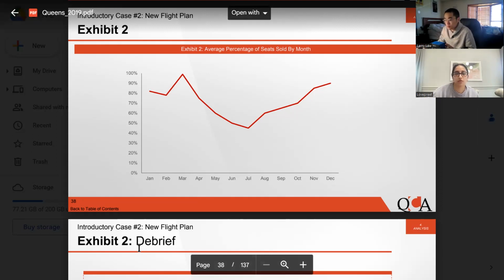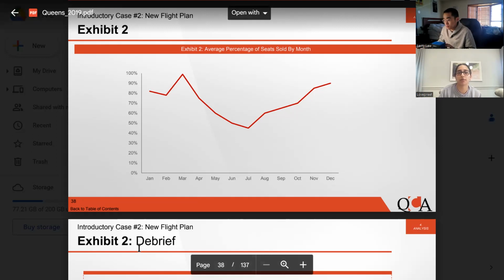And then one of the low periods seems to be in July, where the number hits around, I would say, 45% approximately. And then it starts to pick up again in August. And then we see that in March, and then yes. So largely the number of seats being sold seems to be relatively high in terms of it hitting 45% in July, but